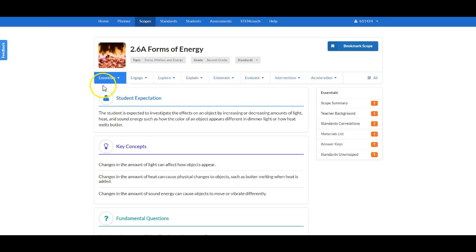And here is Essentials, and that's going to be kind of an overview of what's inside of this whole scope to kind of give you an overview of what's in here. Great teacher background. Standards correlations, which are similar to the vertical alignment that we have on our standards clarifier. The materials list for everything you'll need if you're going to use STEM Scopes to teach throughout the 5E. Answer keys for anything, and then a really great feature called Standards Unwrapped. And we'll take a closer look at each one of those, but I just wanted to give you an overview